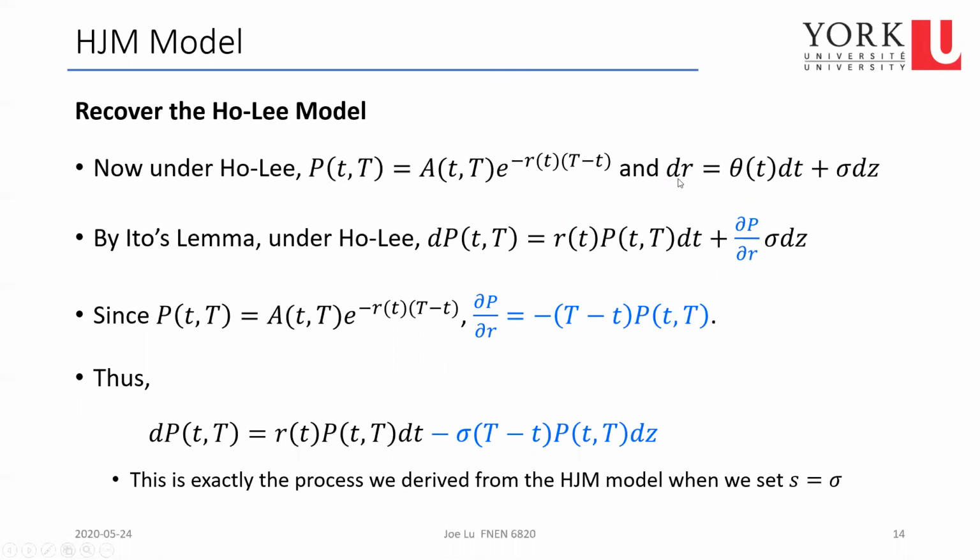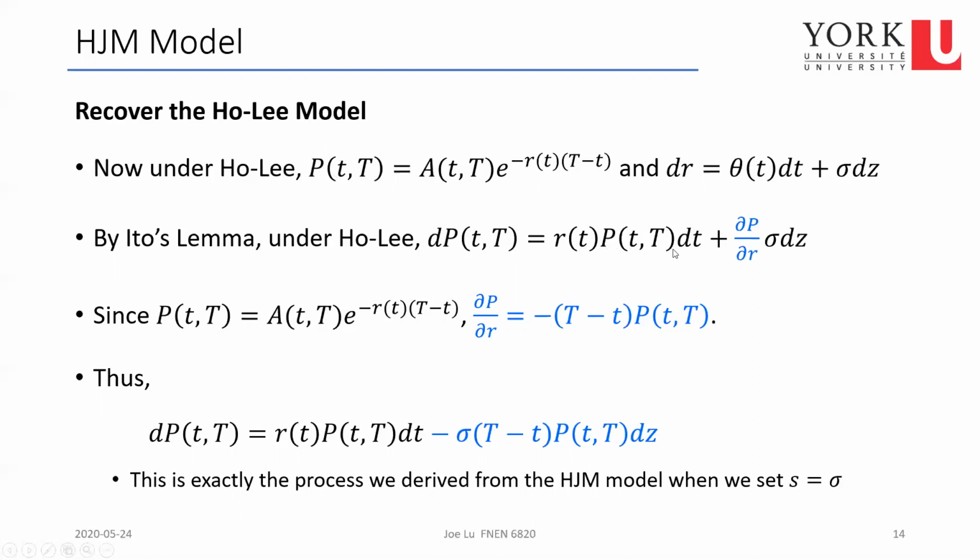And we know the instantaneous interest rate, the risk-free rate, must take this particular process as well, right? As we have seen in the earlier lecture. So what is the bond process, with this in mind? Well, you can use Ito's lemma again. Then by Ito's lemma, the price of the zero coupon bond must be